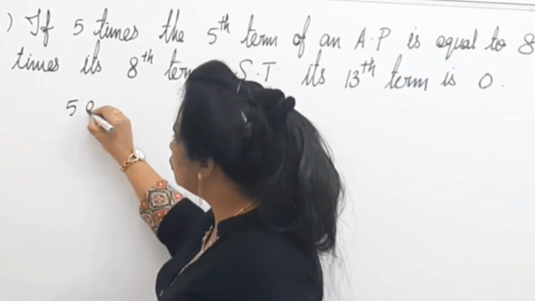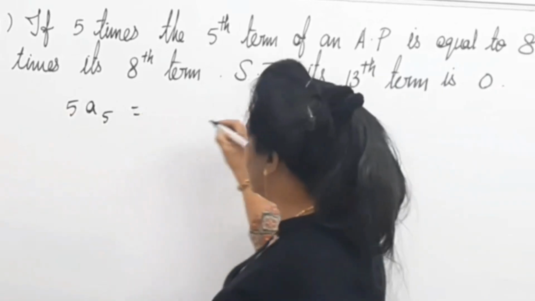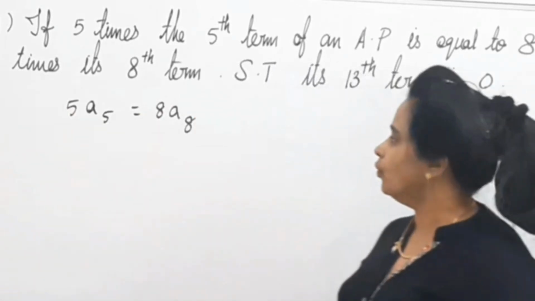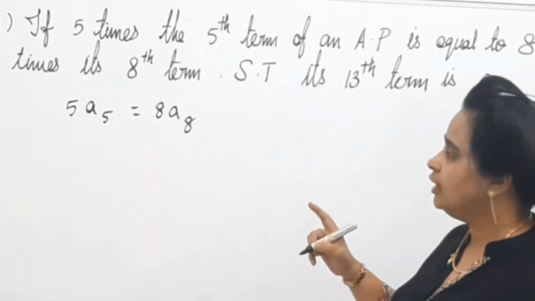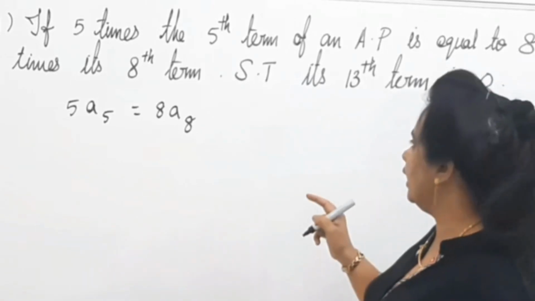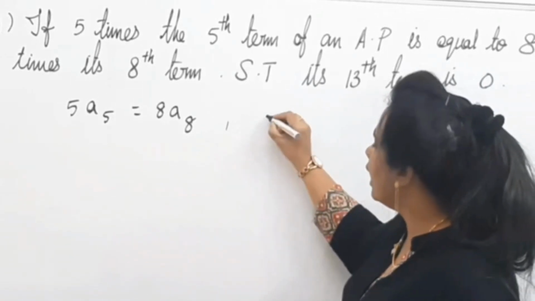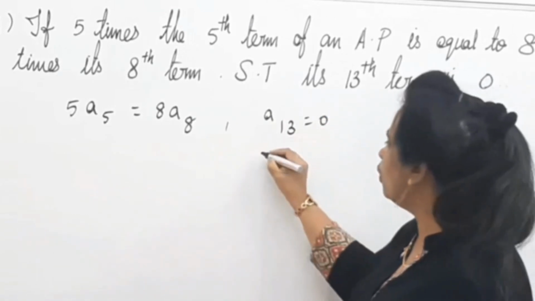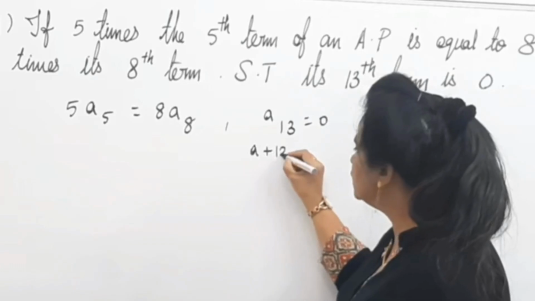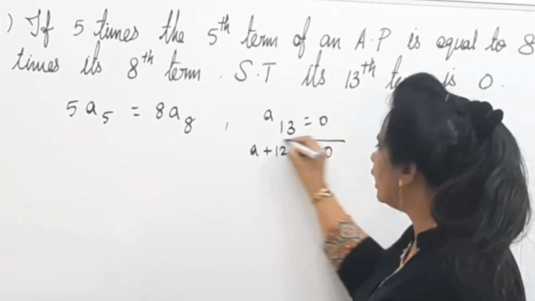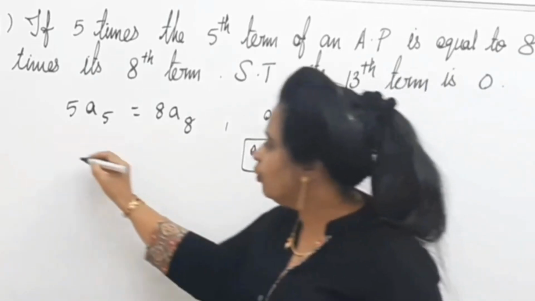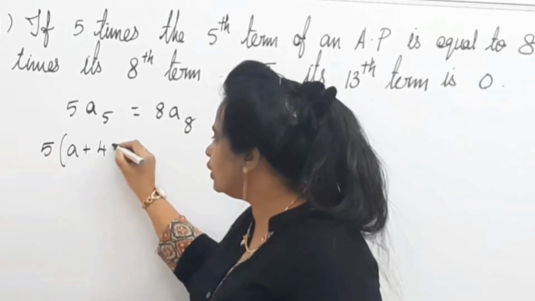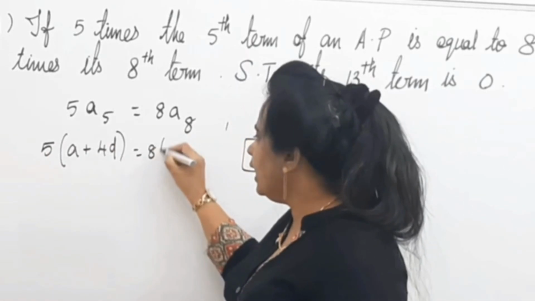As 5 into a5 is equal to 8 times a8. So 5 into a5 is equal to 8 into a8, and then I have to prove a13 is equal to 0. Means what? a plus 12d equal to 0, I have to prove it. Now, if we go here, 5 a5 can be written as a plus 4d, which is equal to 8 into